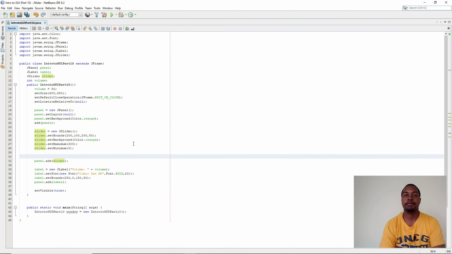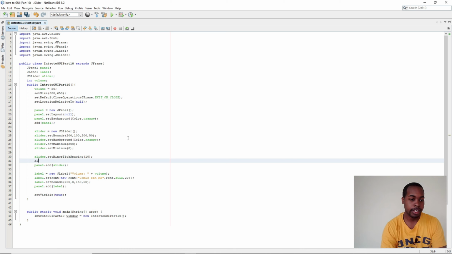Next, we're going to set tick marks on our slider. So for our minor tick marks, we're going to go by tens. So slider.setMinorTickSpacing, and we're going to set that to 10. So when our scale is from 0 to 200, we get 10, 20, 30, 40, 50, all the way to the hundreds by tens, as small tick marks. Then for our major tick marks, we're going to say slider.setMajorTickSpacing, and we're going to go by 50. So when we run our program,